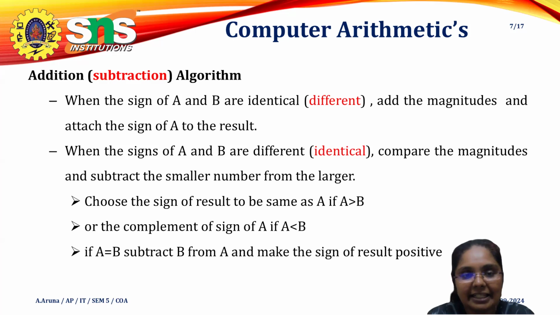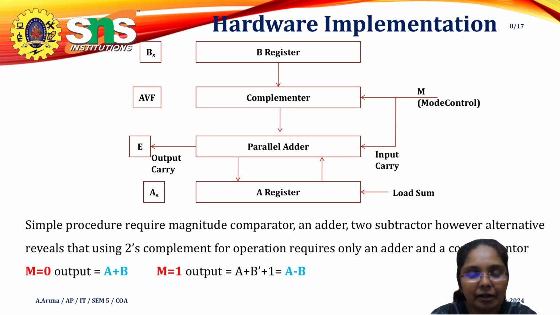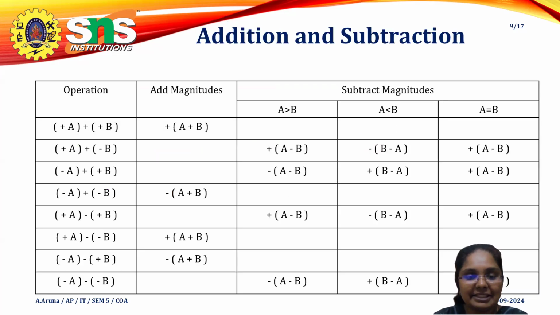As I said initially, it is just the vice versa of the addition algorithm. Let us see the tabular column and how it works. The hardware implementation is very similar to addition because we don't have a separate subtraction hardware algorithm. We only have the addition algorithm, and we use it to do the subtraction operation. For the negative value, we take the complement, that is, the 2's complement, to do the subtraction using an adder circuit. The hardware implementation will be seen.